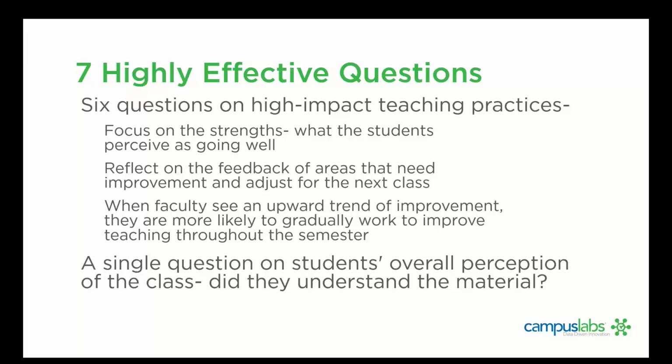I'm going to go over the 7 questions, but first I want to go through this piece here. Six of the questions are focused on high impact teaching practices. They focus on the strengths, and what the students perceive is going well during the course. They also reflect on feedback on areas that need improvement and adjustments for the next class. They also focus on when faculty see an upward trend of improvement, so they are more likely to gradually work to improve teaching throughout the semester. Then there is a single question on a student's overall perception of the class, and just very bluntly, did they